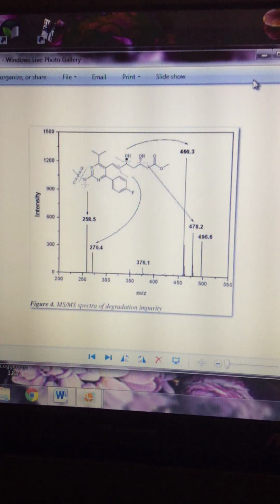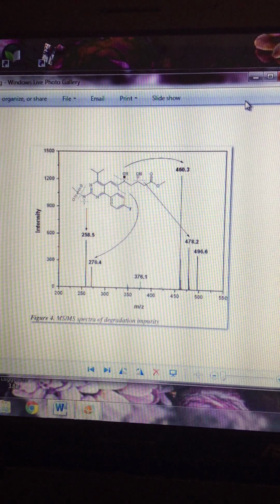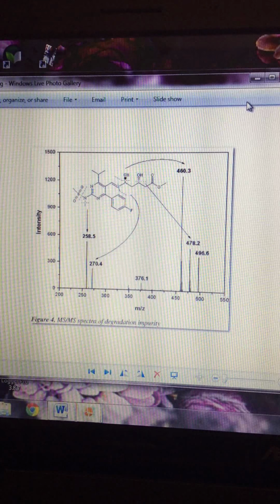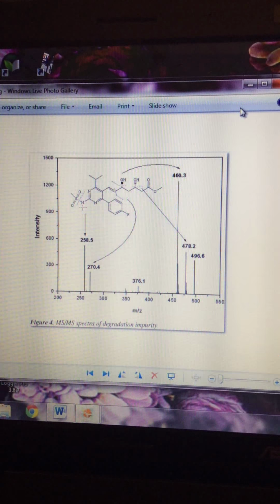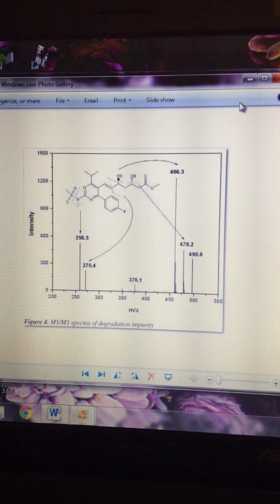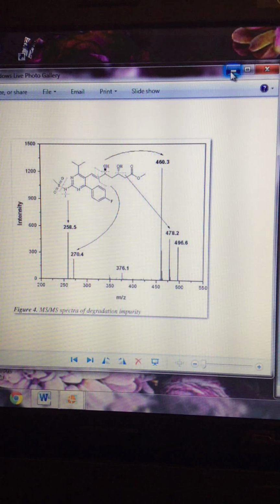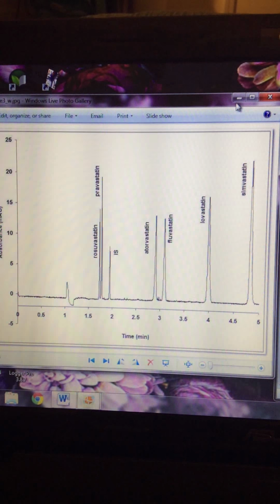And these molecular ions tend to be unstable and will break into fragments, and the heaviest ion is more likely to be the molecular ion. So that's the mass spec for rosuvastatin, and this would be the H1